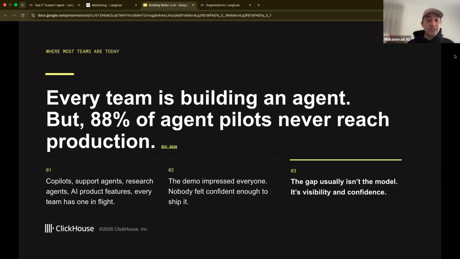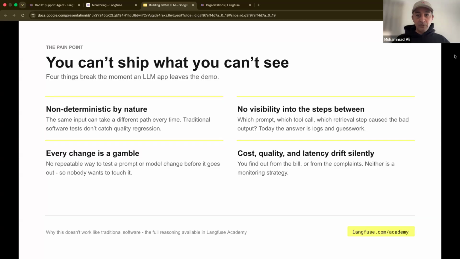It is that visibility into the steps the agent is taking that is lacking, which normally makes the team not confident to put it into production. With traditional software, if it passes the test, it normally behaves the same in production.